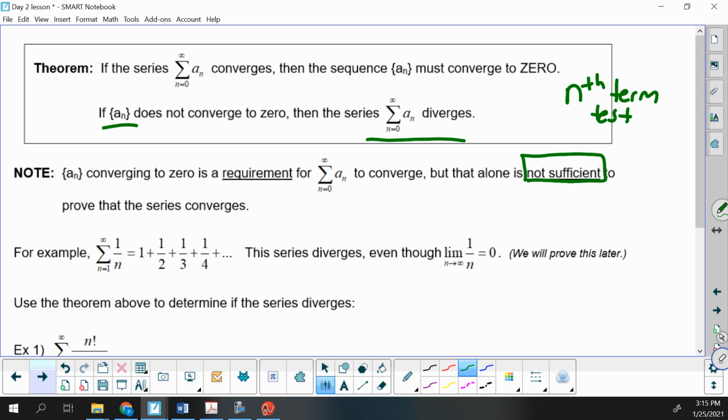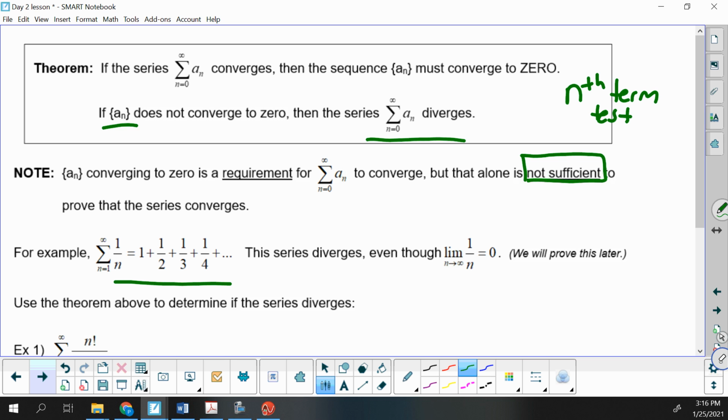But if you can show that the sequence doesn't go to 0, then we know it must diverge. Because if you're adding on values down the line that are not getting small, then your sum is going to keep growing. So an example of why going to 0 for the terms is not enough is this series here,